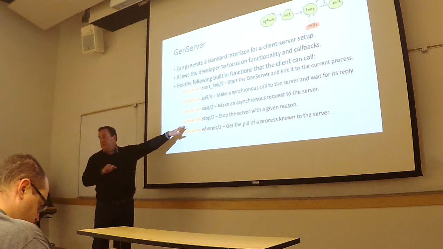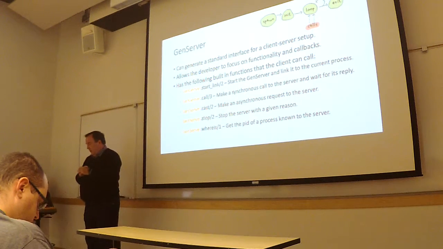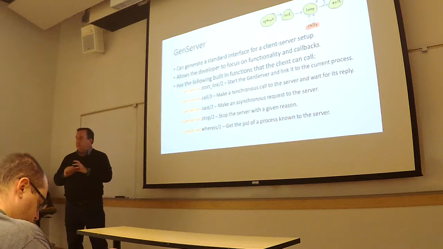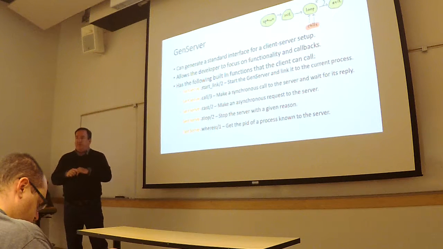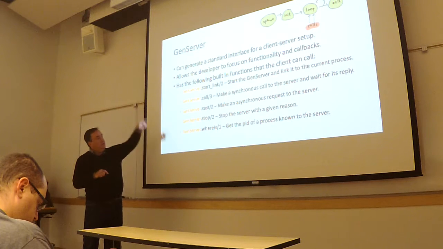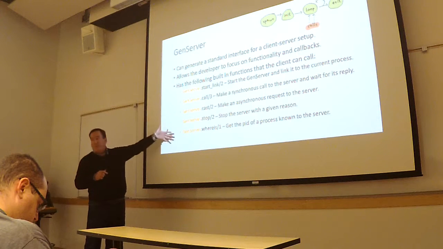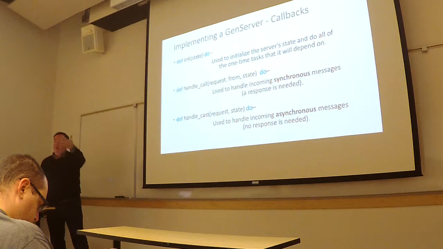Stop, tell that server to stop. So somebody externally can tell the server to stop. And then I can also ask where is. I can invoke where is on that server and get its process ID to start communicating to it. Okay. So I don't even necessarily have to have the name of the server. If this is provided in the code for the module for the server, which is basically implementing the gen server behavior, I can just simply say, hey, what is your process ID? Okay. And it knows to ask by its own name. So these are an interface for interacting with a server.